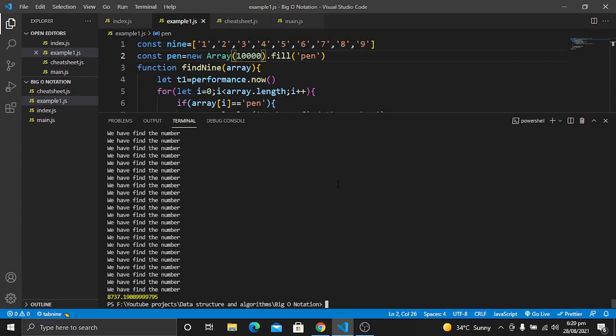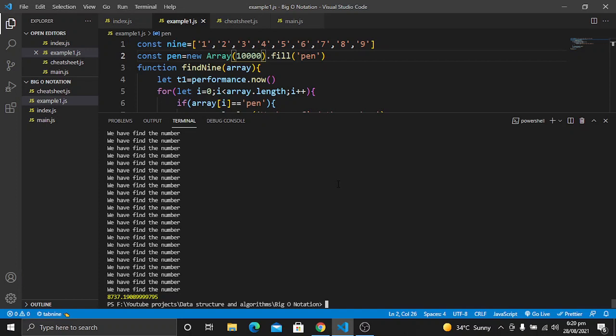So there is another way. For example, now we are calculating the time, so the time will vary. For example, if you have a new MacBook Pro, maybe 8037 milliseconds is taken for my machine, maybe on your machine it will be something like 10 milliseconds, or 100 milliseconds. So it will be different for any machine. For different languages it will be different. For example, some languages are fast, some are not that fast. C++ is fast, so in C++ it will take less time to run this code. Now we have to calculate the operations performed by the machine when the input grows.